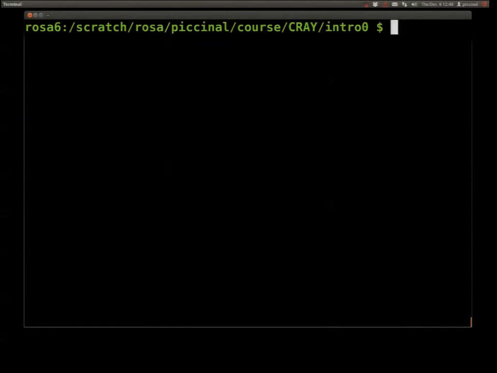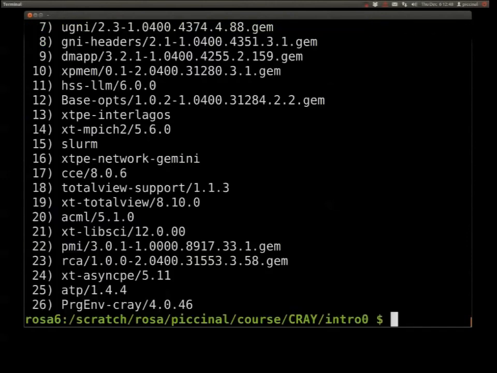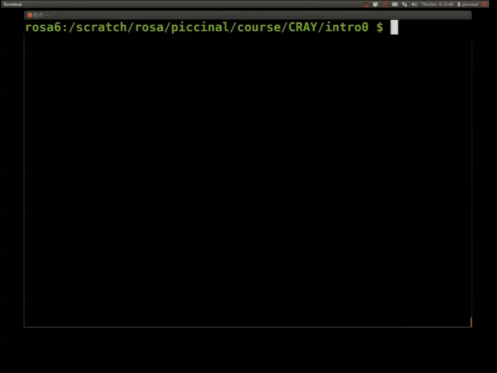So let's try to do the same with the debugger now. By default, on the Cray, the TotalView is loaded by default.